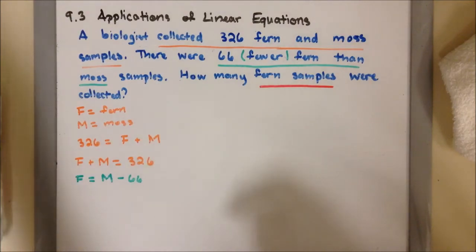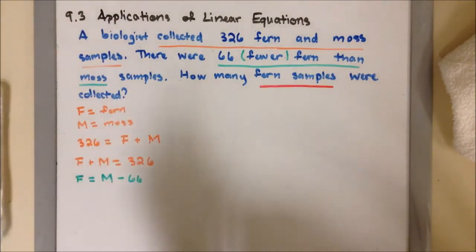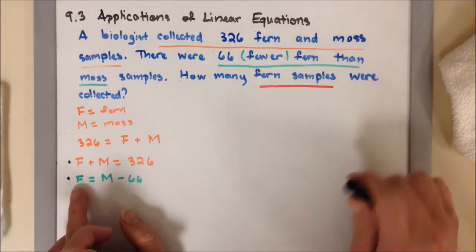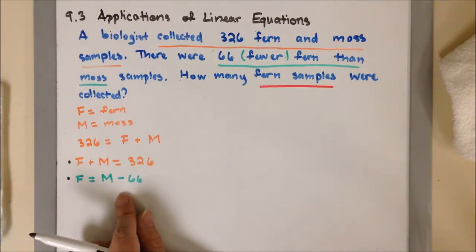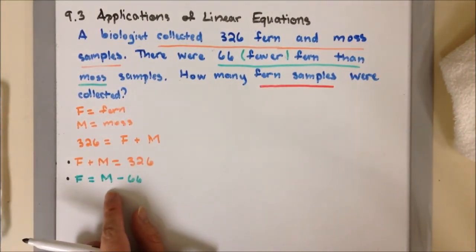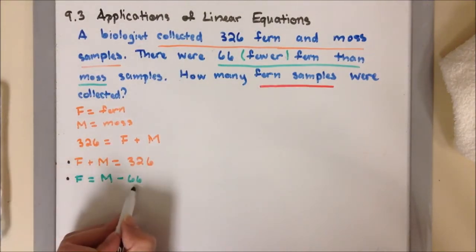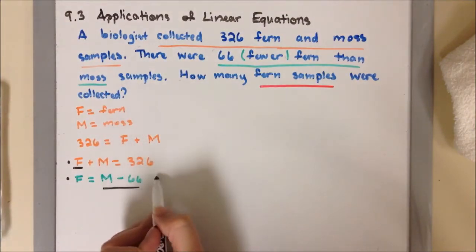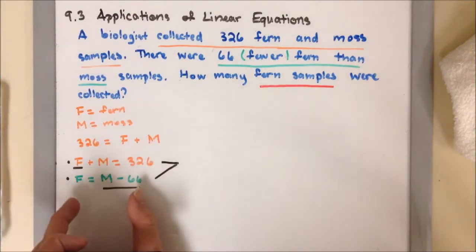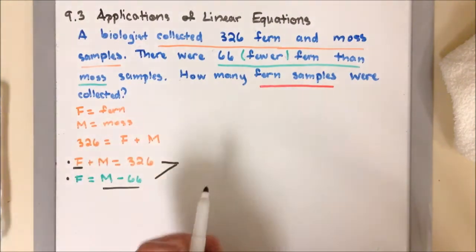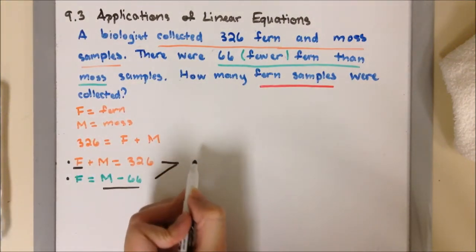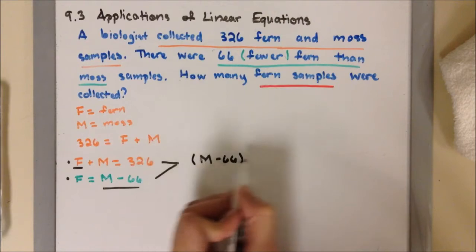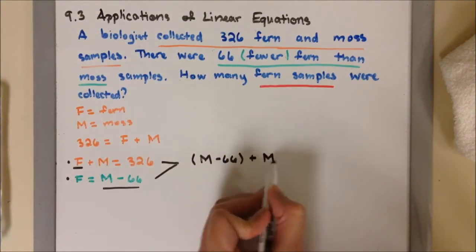Now we're going to use these two equations. So in the second equation, you see that F equals M minus 66, or fern is equal to moss minus 66. So I'm basically going to plug this into the first equation, F. So basically we're going to combine these two equations, or simply substitute the second equation into the first. So it will be M minus 66 plus M equal to